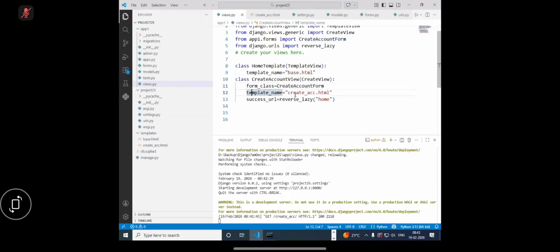Create account form. Template name is create account.html. On successful insertion, you are trying to redirect to which template? Home. On successful insertion, you are redirecting to the home, right? Then next one is